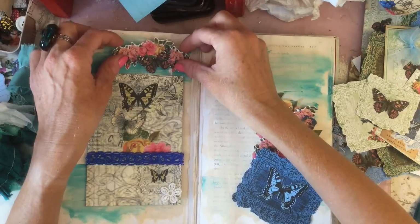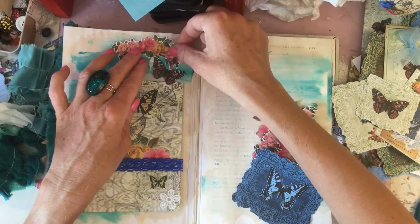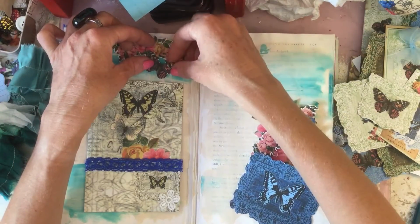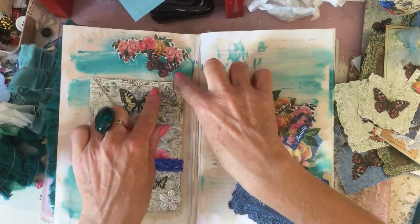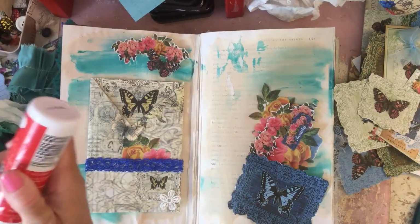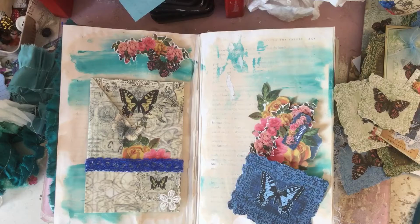So, right, I'm going to probably go for this one. So what I'm going to do is just adjust it so I'm covering up as much as I possibly can of the torn pieces. So if I glue it like that, so I'll just take my glue,